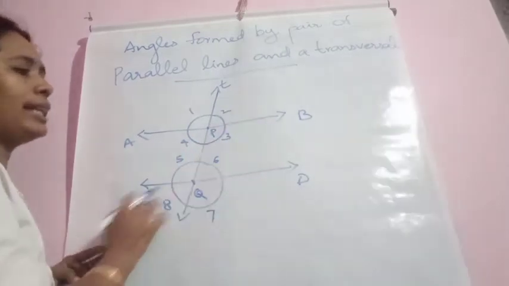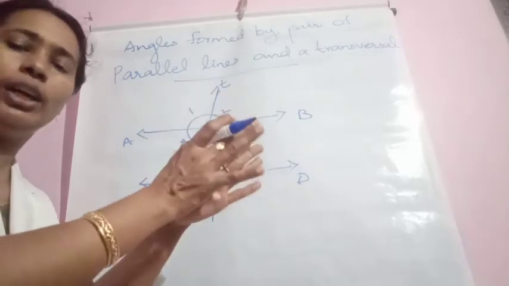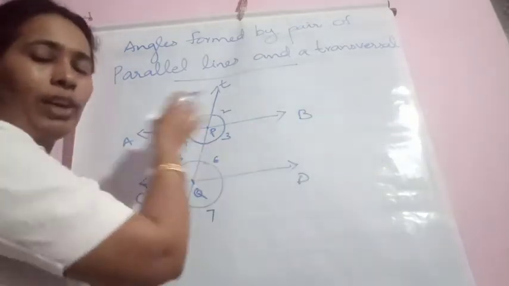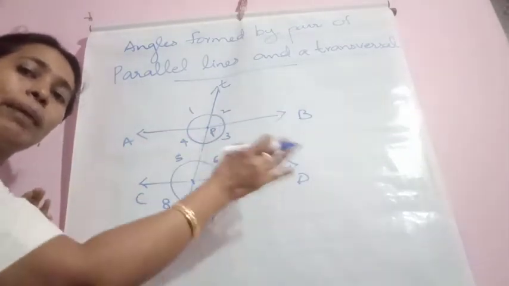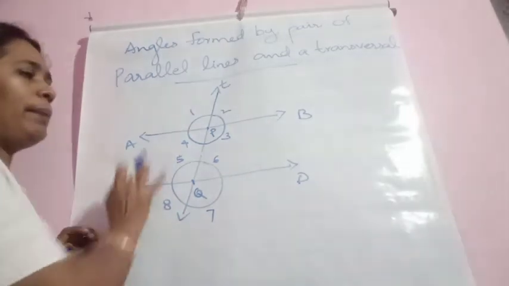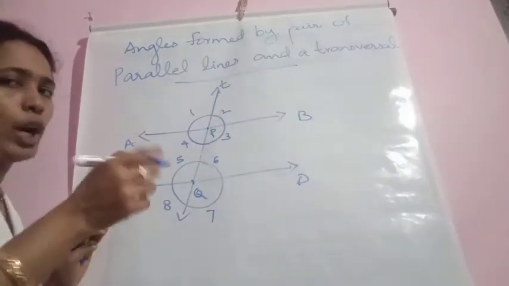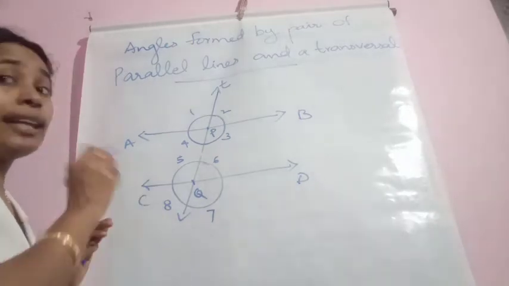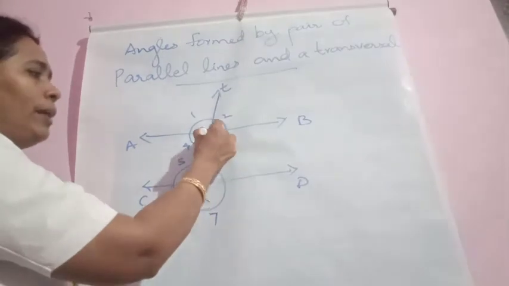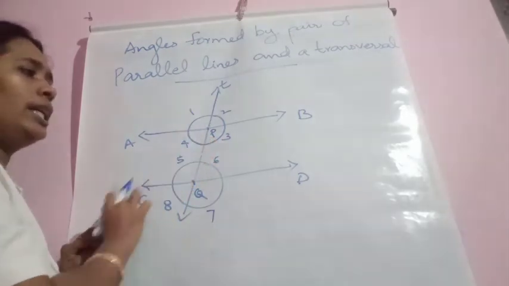Suppose AB and CD are parallel lines. You know what parallel lines are? Lines which do not intersect anywhere are called parallel lines. Parallel lines keep the same distance. Wherever you extend, you can see that the distance between them is the same. They never intersect. They are parallel lines. Two parallel lines AB, second one CD. Then let us consider a transversal. Teacher is noting it by T, small letter T. T means transversal. At distinct points means different points or separate points. So one is at P and this line is at Q. T intersects AB at P, CD at Q.